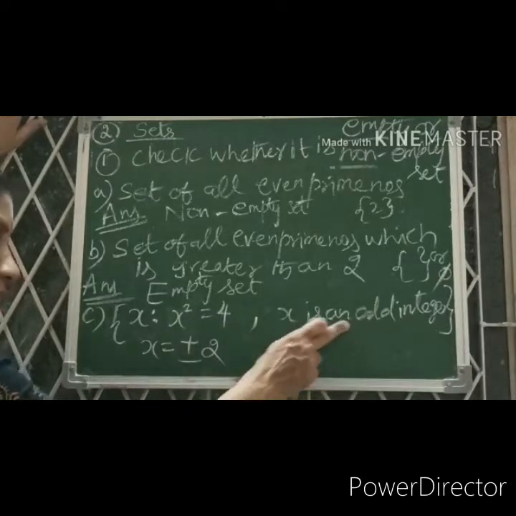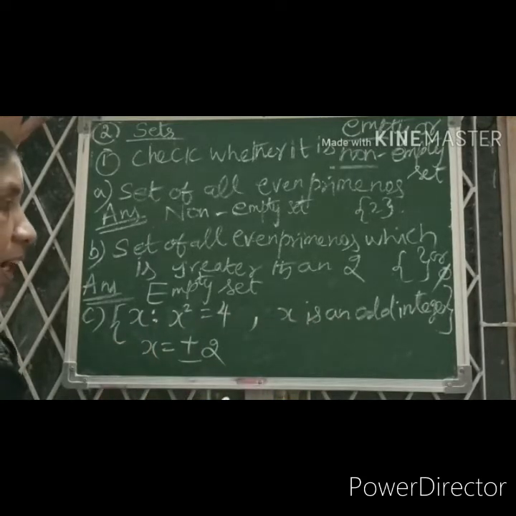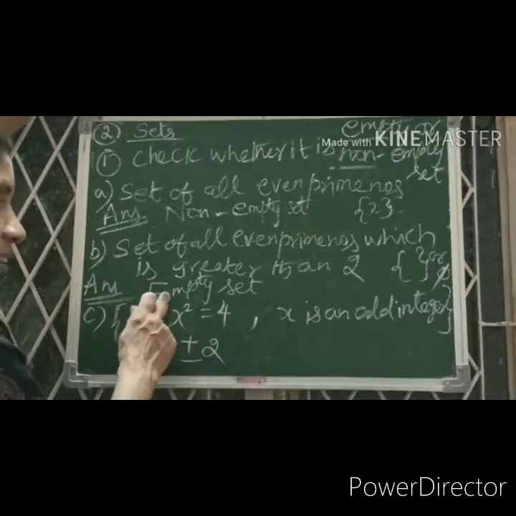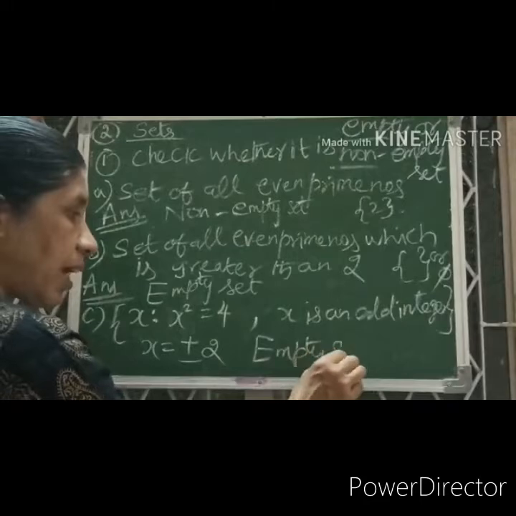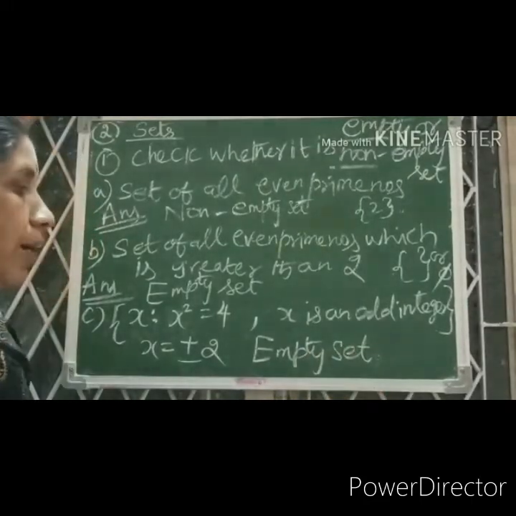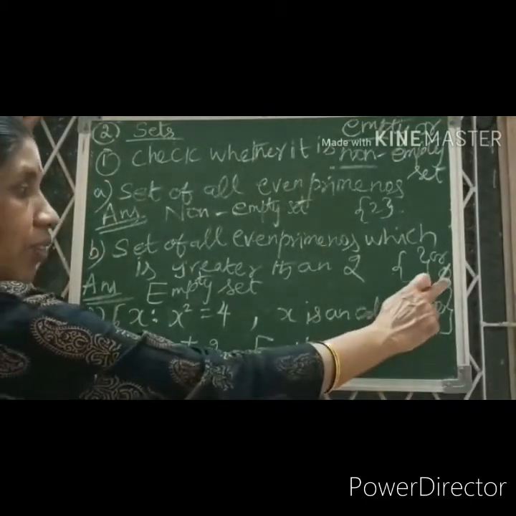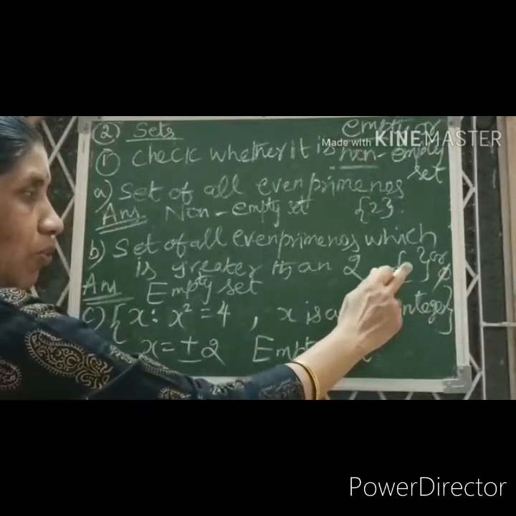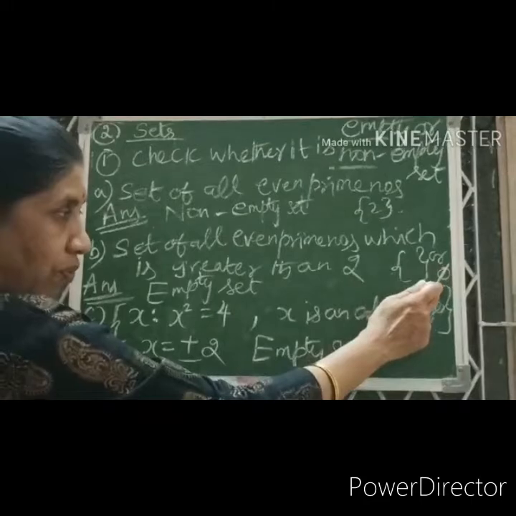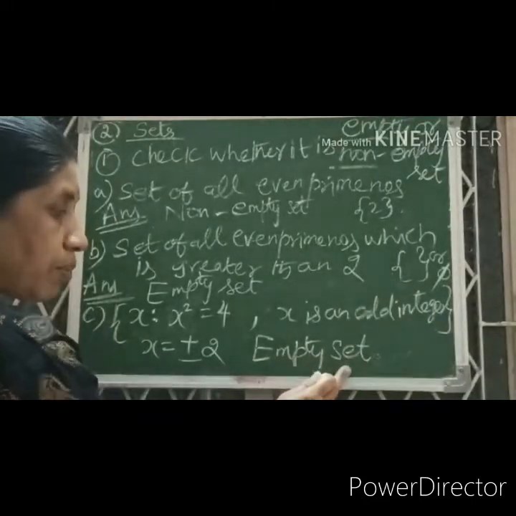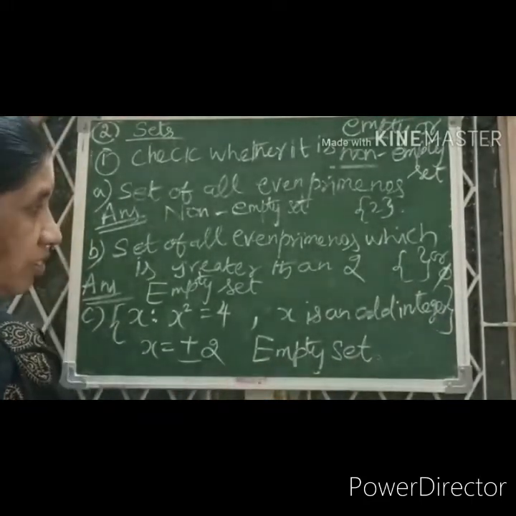So you want an odd integer. So what is the solution you will write? Null set. It is empty set. What is the answer you will write? It is empty set. What is the symbol? Phi or null set. So wherever you find this set notation, curly bracket, no term, and phi, it is called what? Empty set, null set, void set.